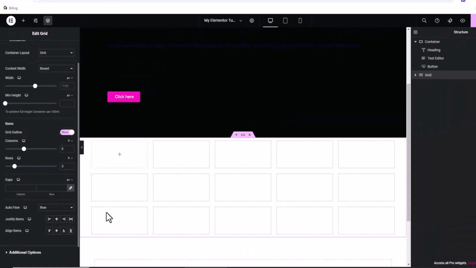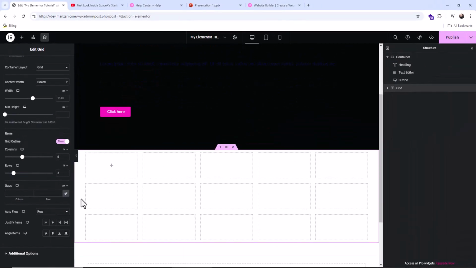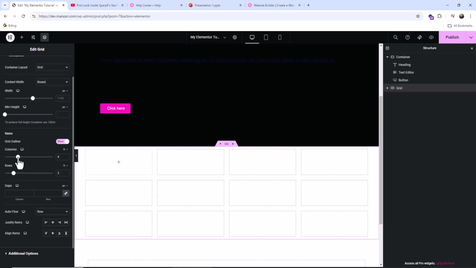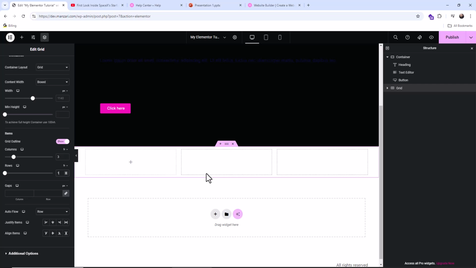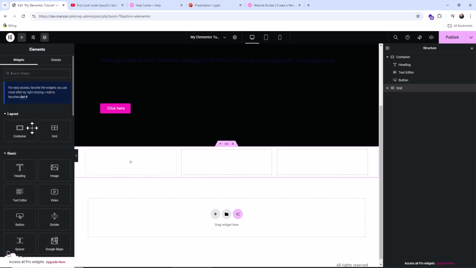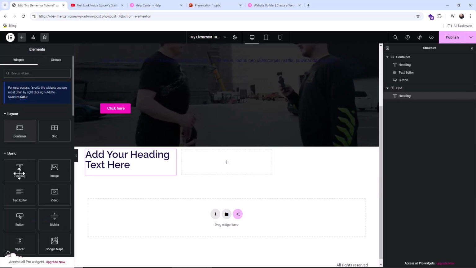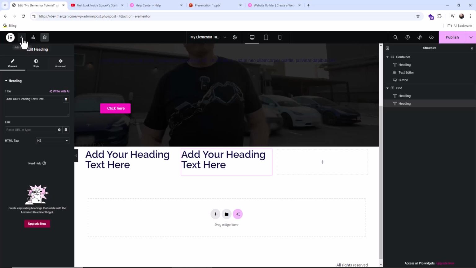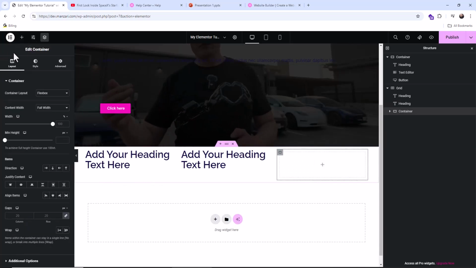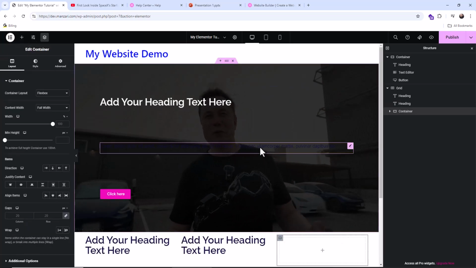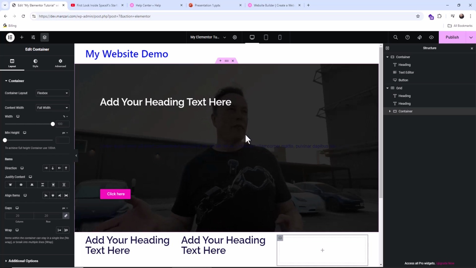So if you have 3 rows and 5 columns, let's say we want to do 3 columns and 1 row. So now we have 3 columns and 1 row. Come back to the plus sign, and you can just drag in more elements as you wish into these columns. So as you can see, Elementor is pretty flexible, and it gets really easy to use once you start understanding